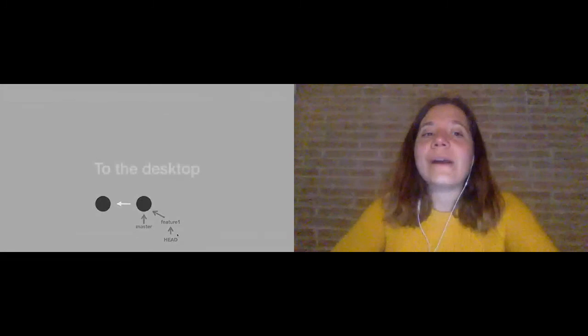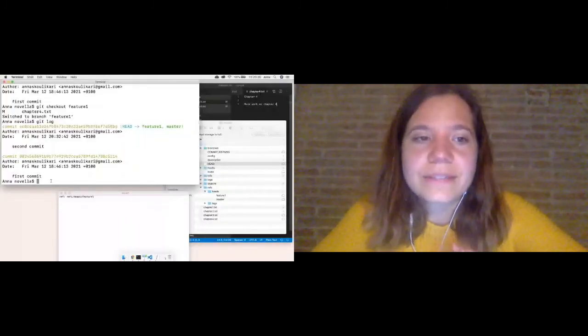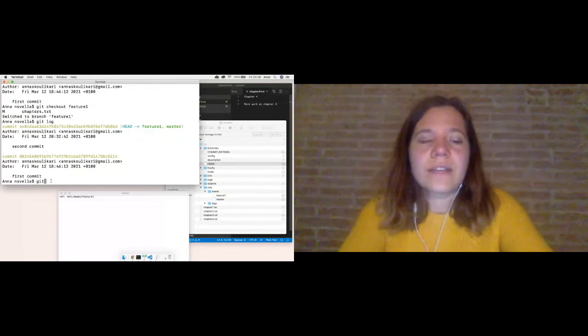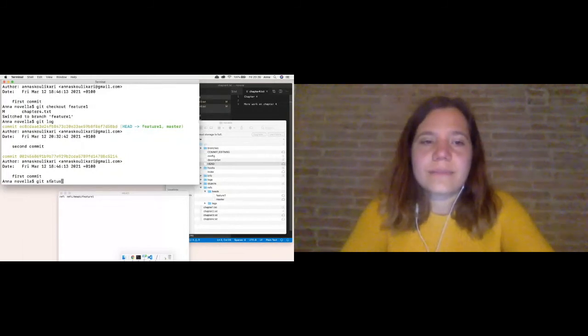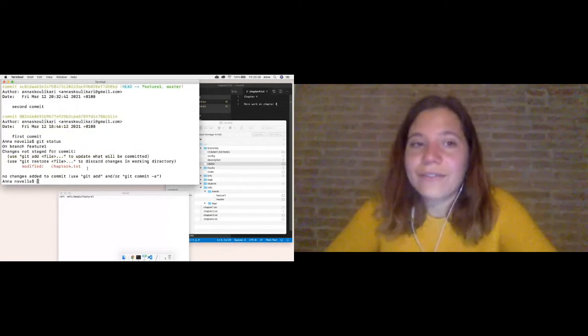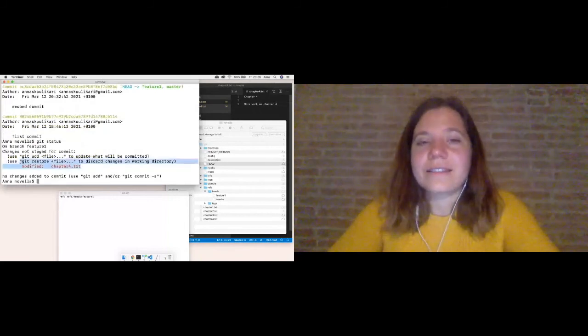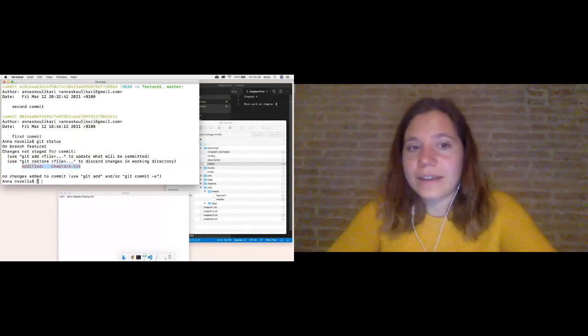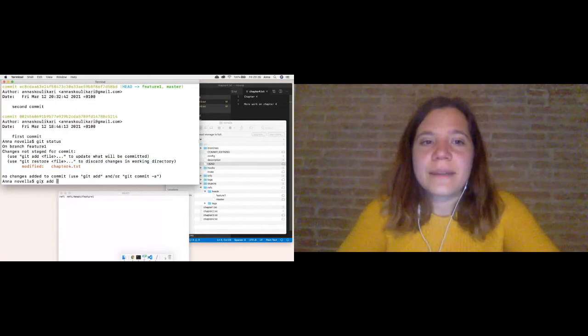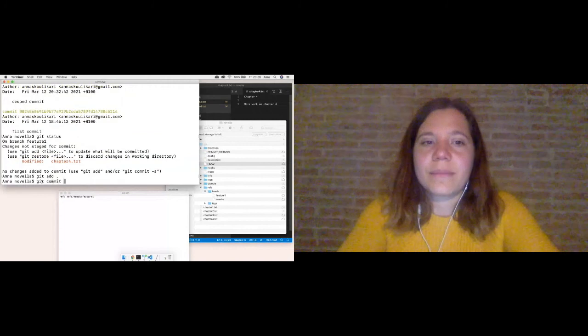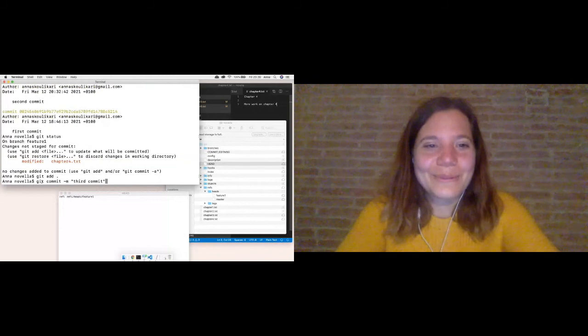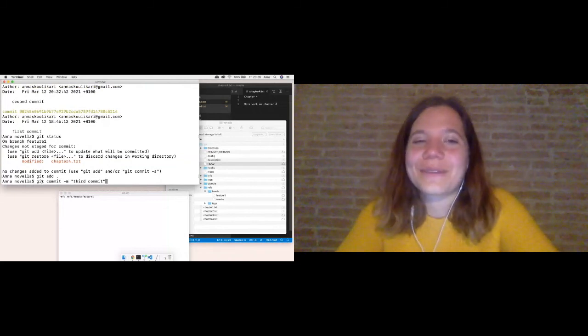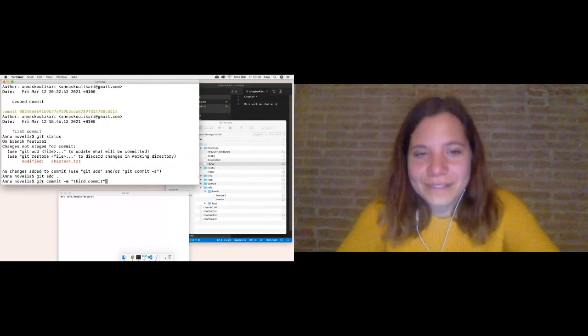Finally, what happens if we make another commit? So if I use the git status command, I can see that I actually have a file that I've edited that's in my working directory, and I can simply add this file to my staging area and make a commit. So I'm going to use the git add command, add that file to the staging area, and I'm going to make a commit. This is going to be my 3rd commit. Again, you all will make more descriptive commit messages. And then press enter.